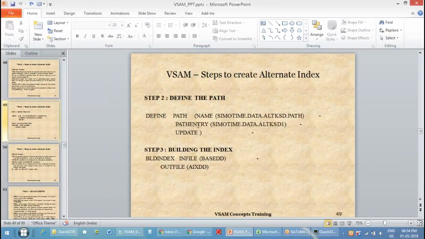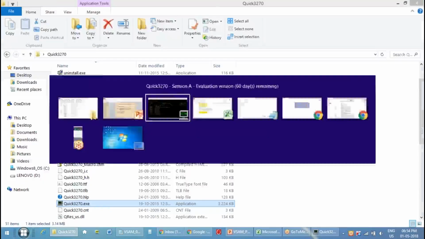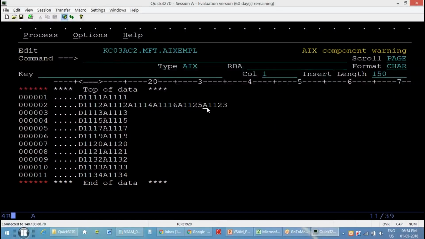Next thing is to define a path. A path is the connection between base cluster and alternate index. So if you want to open the alternate index, you should open the path and give the path name in the JCL DD name. The DD name should have the path name, not the alternate index name. And update parameter means if you make an update here in alternate index,